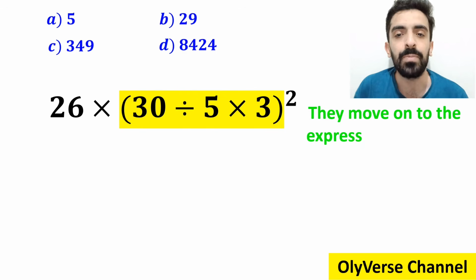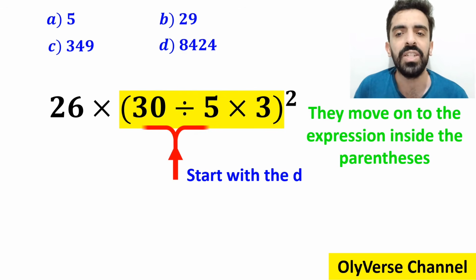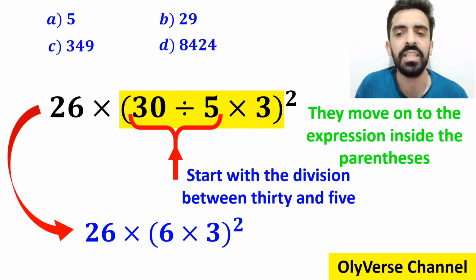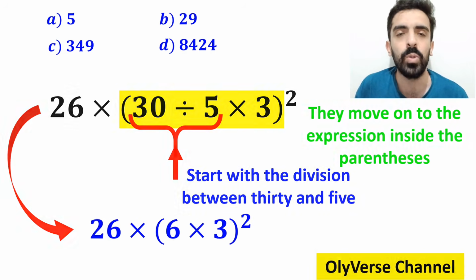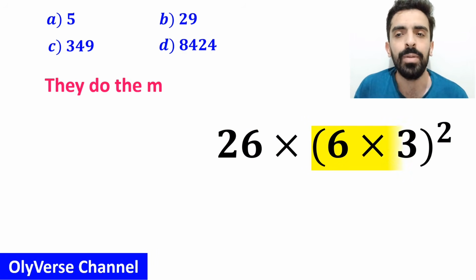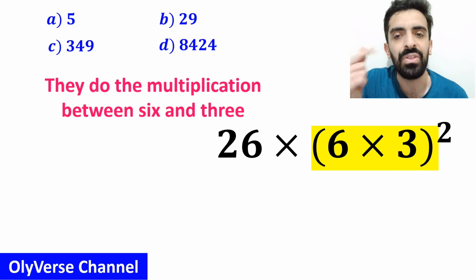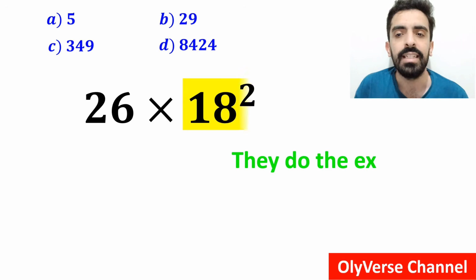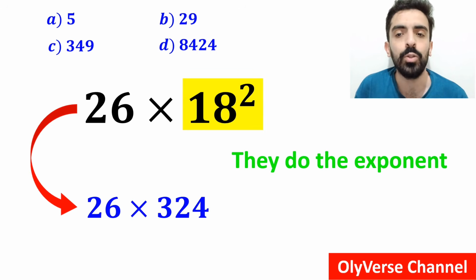Then they move on to the expression inside the parentheses and solve with the division between 30 and 5. So they simplify this expression to 26 multiplied by 6 times 3 inside the parentheses and all squared. Next, they do the multiplication between 6 and 3 and write this expression as 26 multiplied by 18 squared. Finally, they do the exponent and simplify this expression to 26 multiplied by 324, which finally gives them the answer